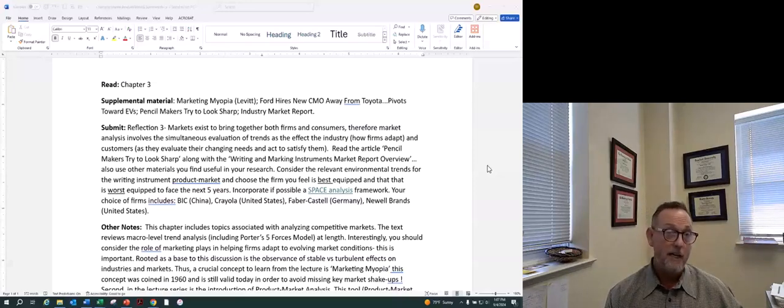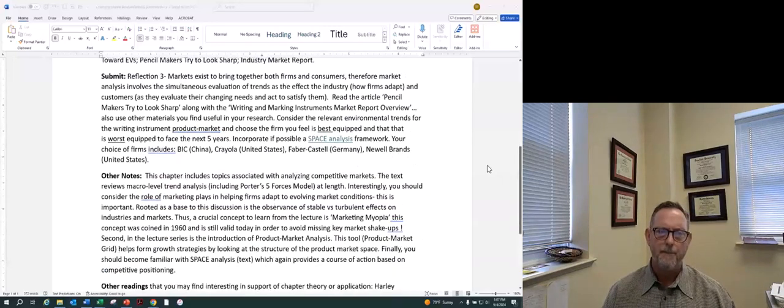And there's no right or wrong answer. Sometimes I'm asked that question on these reflections, except that some answers are better than others based on how well they're justified and how well you present your suggestions. If you present a suggestion and don't really have sound rationale, then that would probably be a weaker submission. But generally speaking, we want to try to apply to some degree some of the things that we're learning.